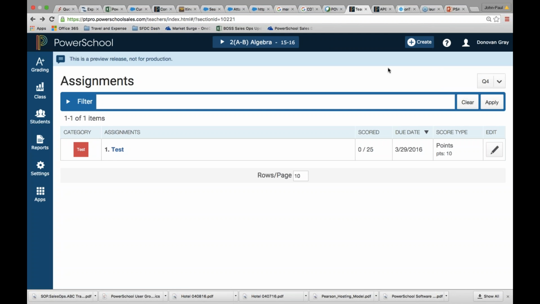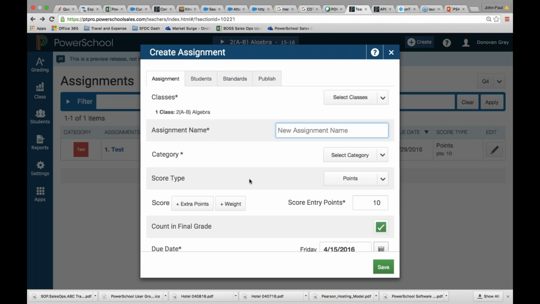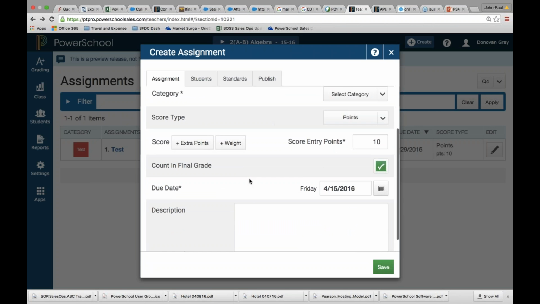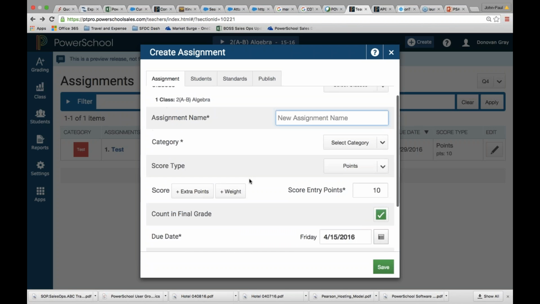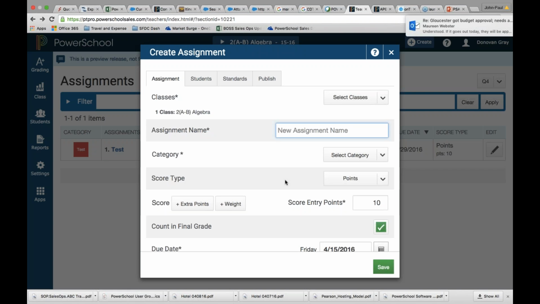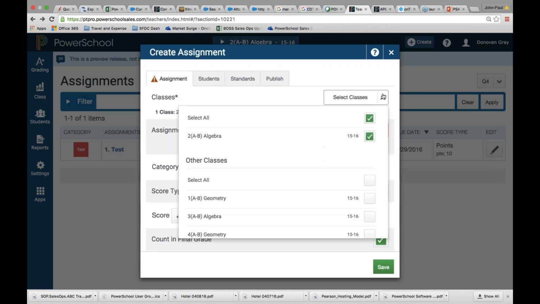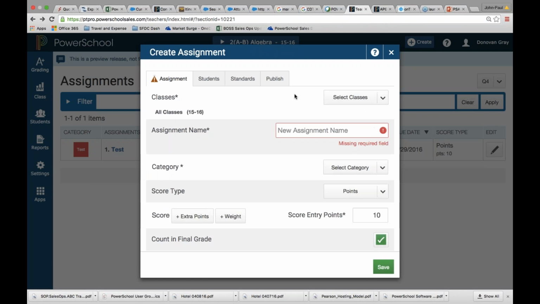When I go to create an assignment, it's pretty straightforward. A lot of it should be pretty familiar to your end users in terms of specifying what that assignment name is. What's a little different is rather than having to copy assignments from place to place or class to class, I simply determine right off the bat that this is going to be something that goes to all four of my classes when I create it, so that I don't have to take that extra step of copying once I've created that